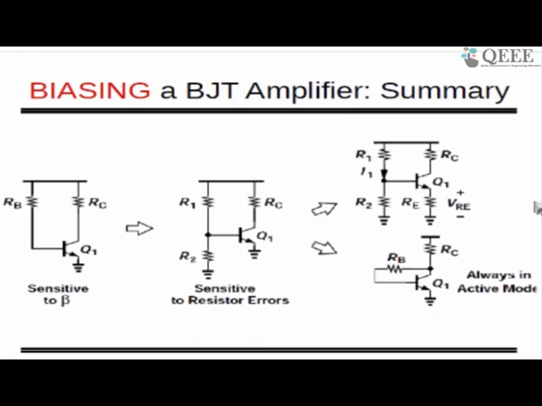And if we look at a summary of what we have studied, we learned the evolution of the common emitter amplifier for different regions. We started with the circuit which was sensitive to beta and sensitive to temperature. Then we went to a resistive divider network which had loose control, with an exponential relation, and there was a problem with temperature as well because Vt was also associated. So there are two answers for that. One, you can use the self-bias circuit, or maybe you can use the emitter degeneration circuit.